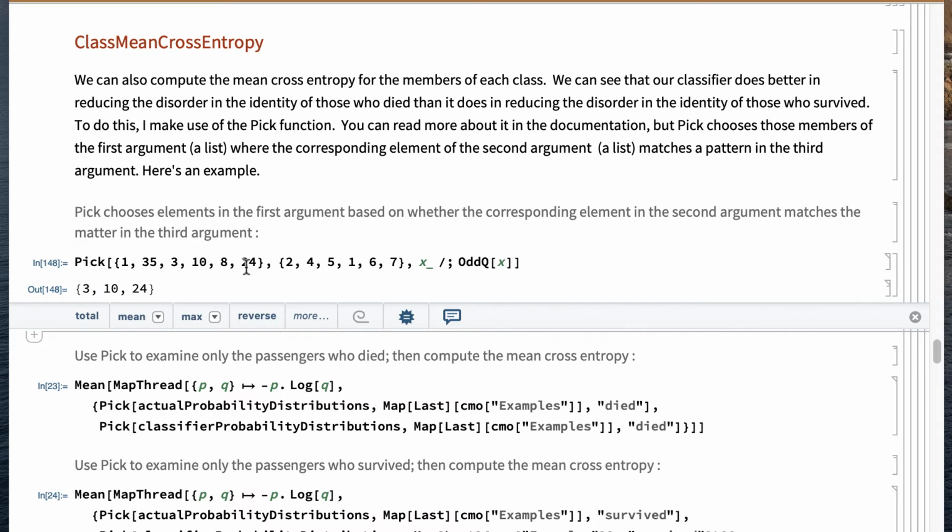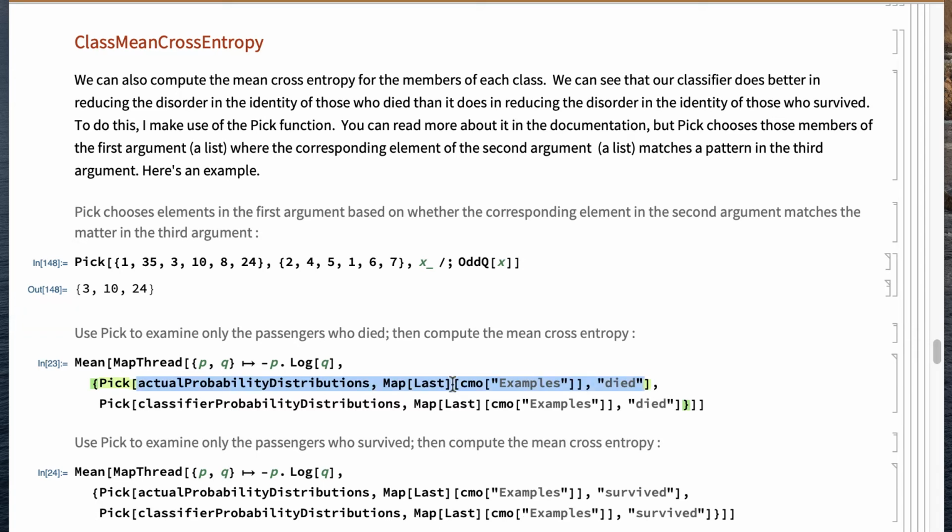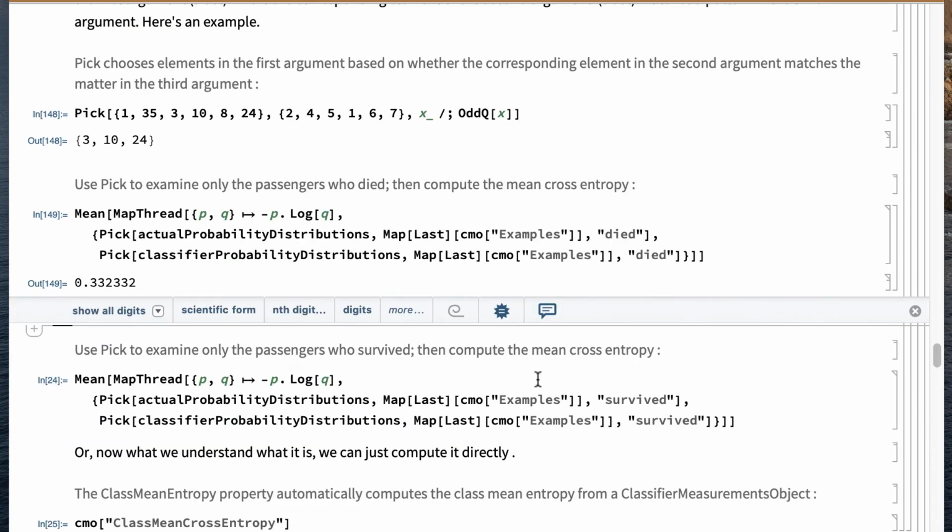Notice we're not asking whether these numbers are odd. We're asking whether their corresponding values in the second argument are odd. And so that's what I'm doing here. I'm only taking those actual probability distributions where the person actually died, and then for the predictions, I'm only taking the predicted probability distributions where the person actually died, and then I'm doing the cross entropy thing and taking the mean. I do the same thing here. The only thing different in this code is I use survived,